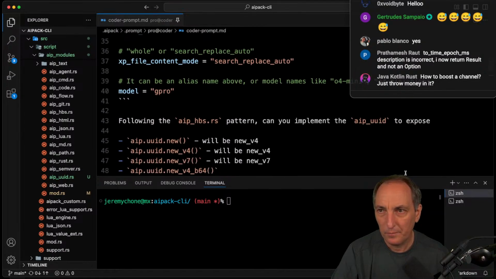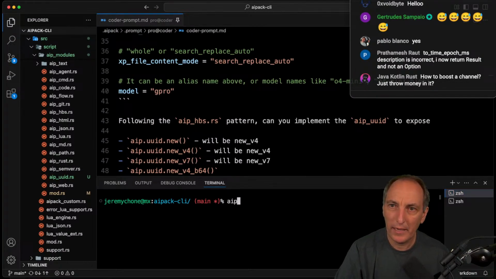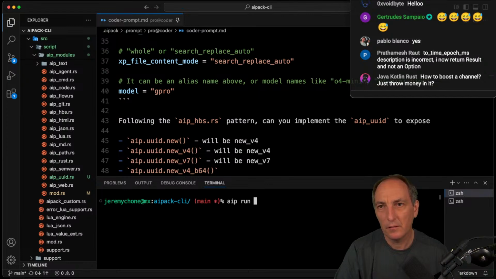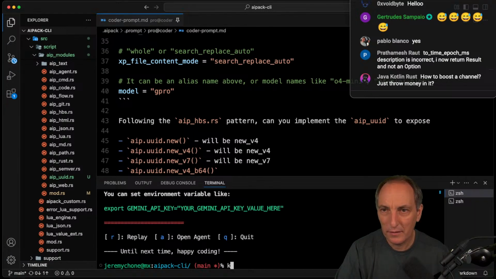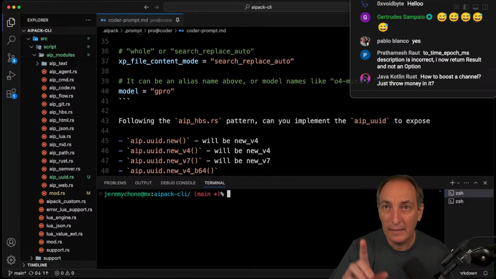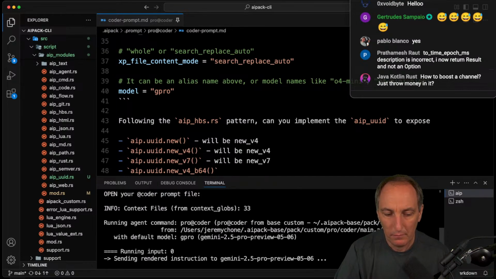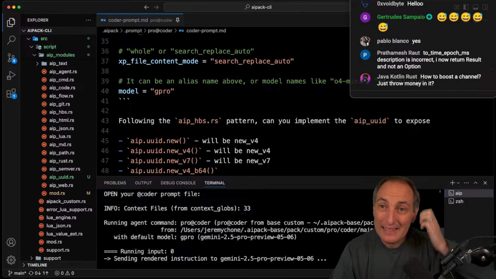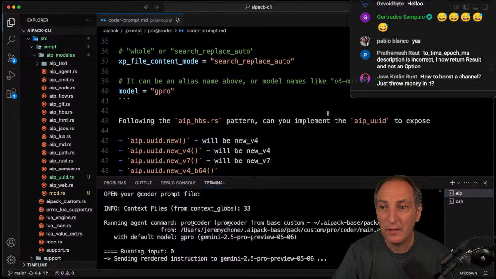And now I go back and I do aip run pro@coder. And now I need to do only that. I don't know if I have the key. I don't have the keys. So here I have a little hack that puts the keys inside, which is not part of AIPACK. So I do aip run pro@coder, boom, I do that. And that will eventually create